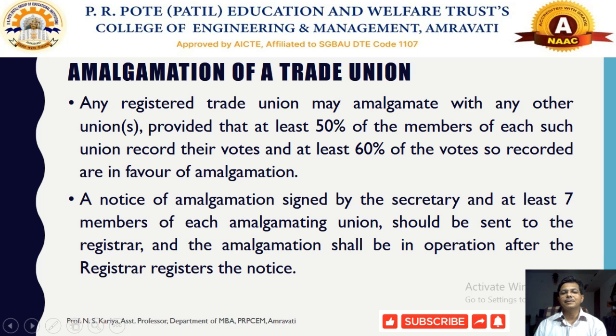Whichever number of votes has been recorded, it is identified how many members are in favor of the amalgamation of the trade union, and the minimum criterion required in favor of amalgamation is 60%. So once these conditions are satisfied, that registered trade union can amalgamate with any other trade union,